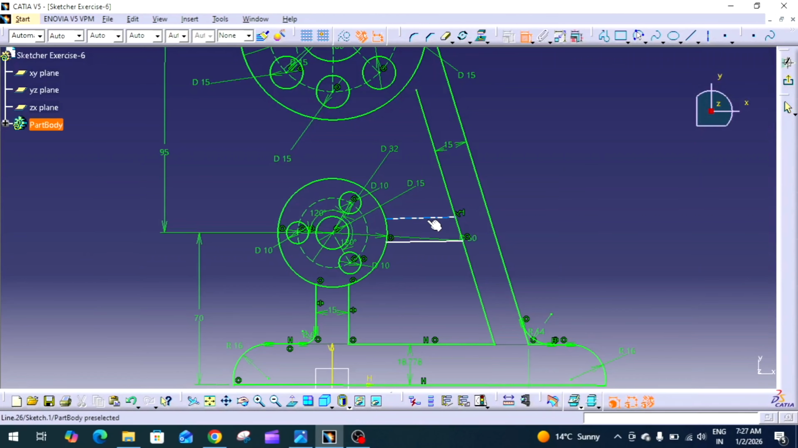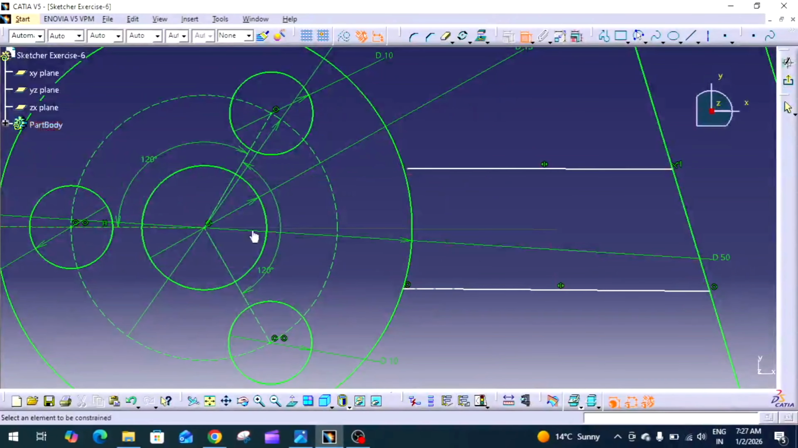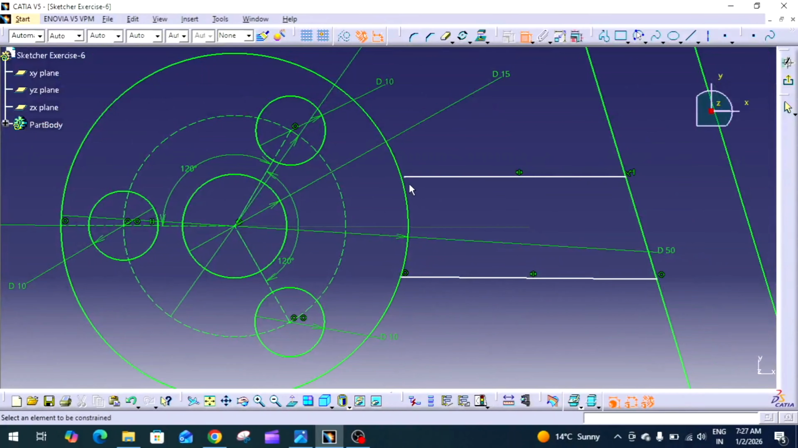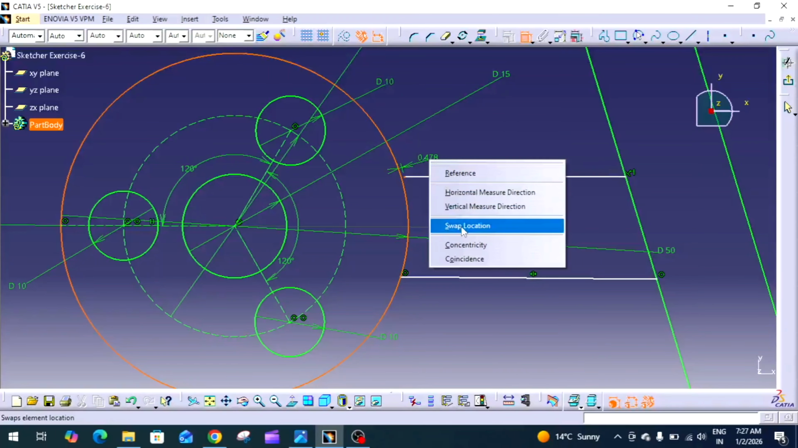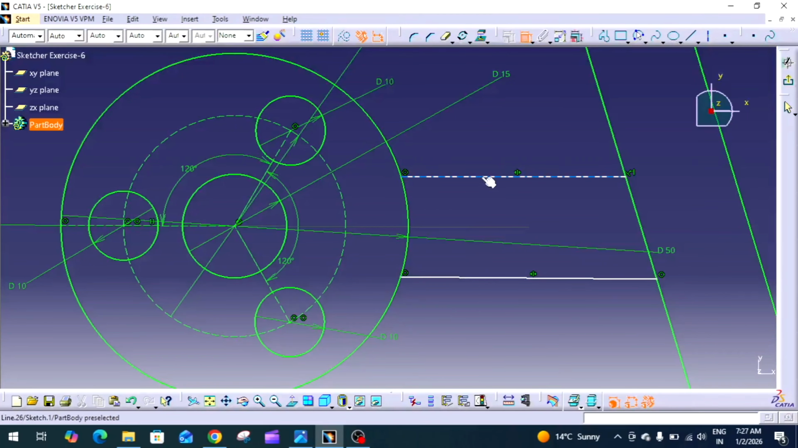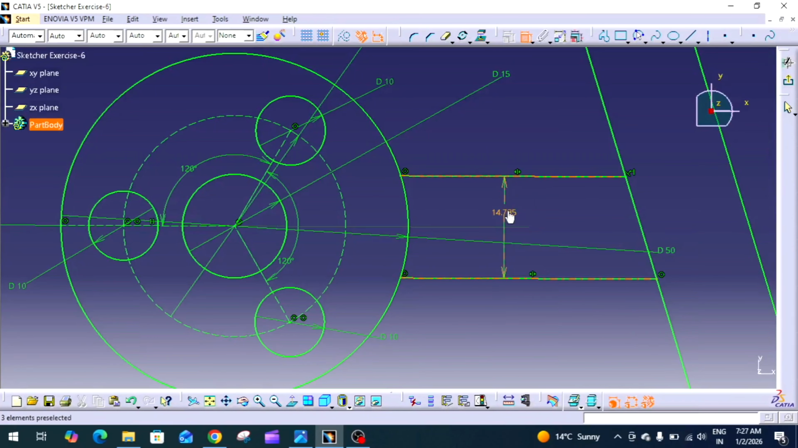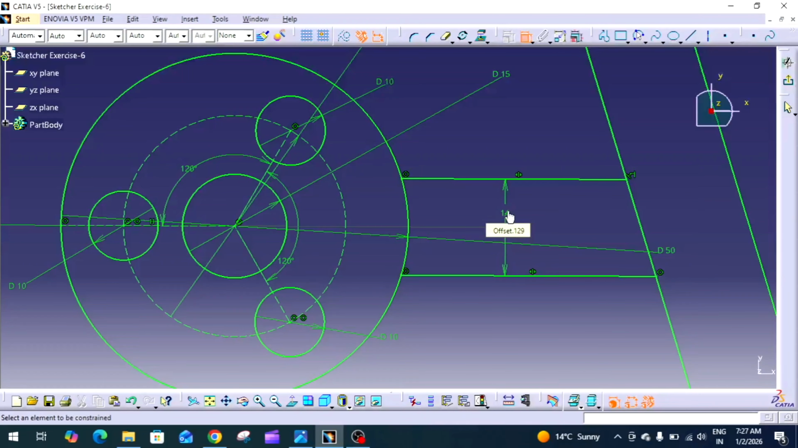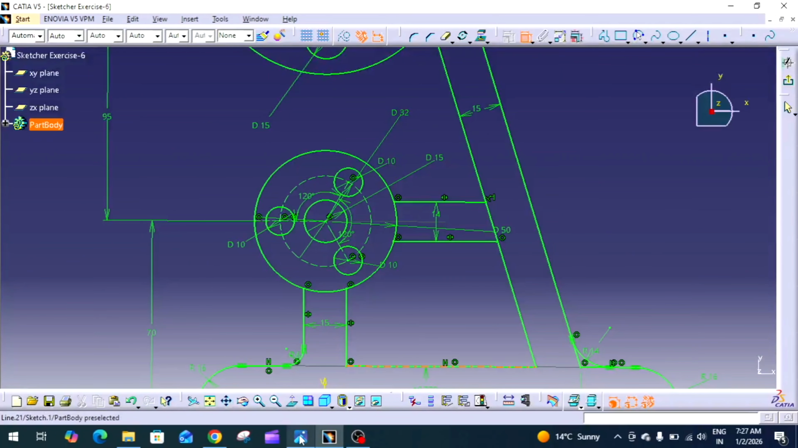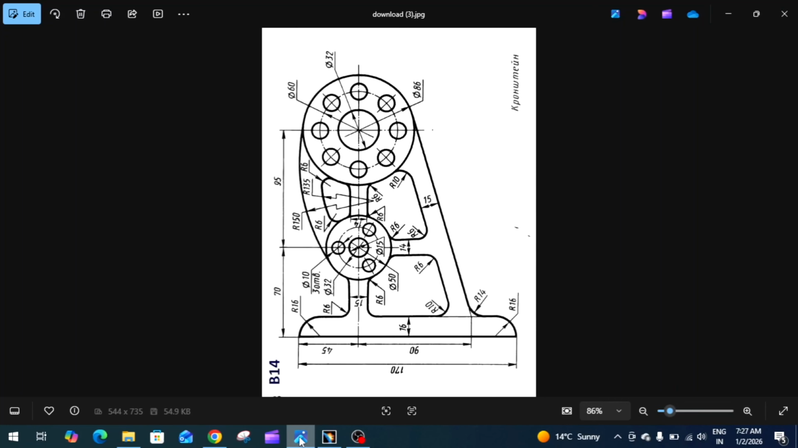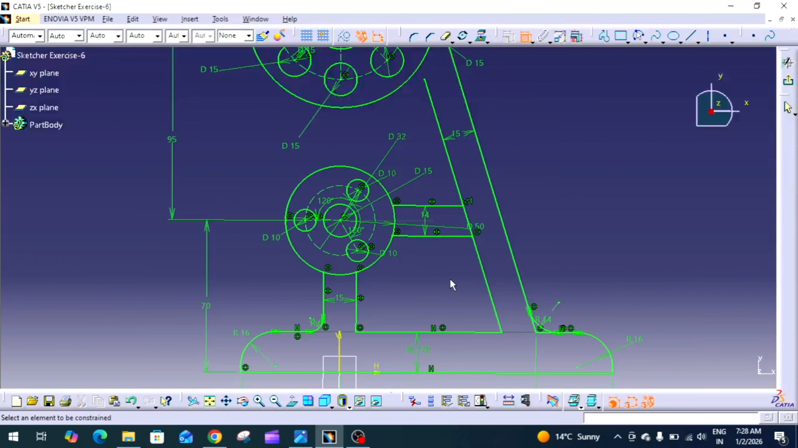Okay, so always consider this one. Now these two lines are symmetric about this axis, this line. Okay, and this point should coincide with this one, and they both are separated by a distance of 14 mm. Yes. Okay,